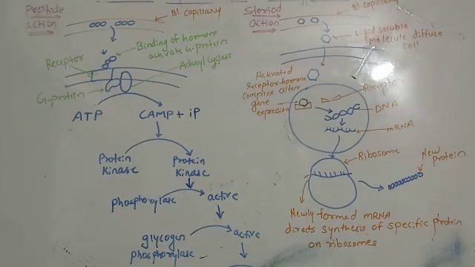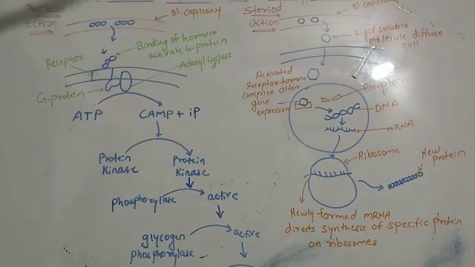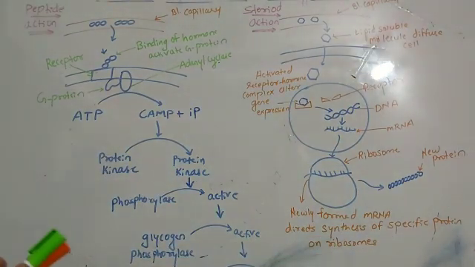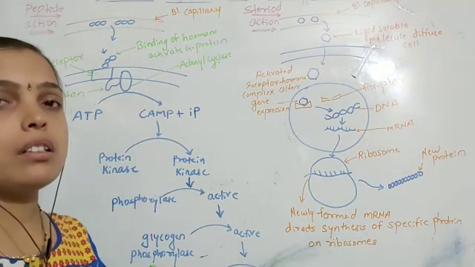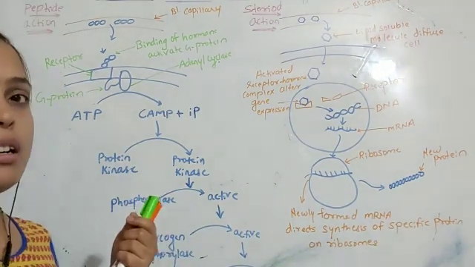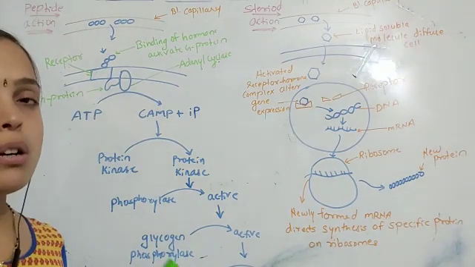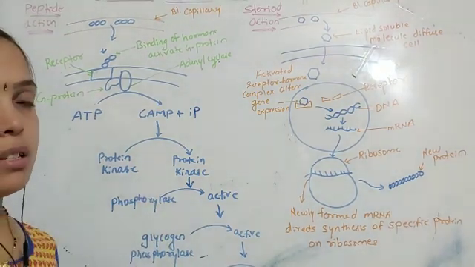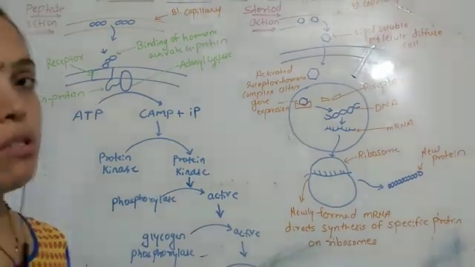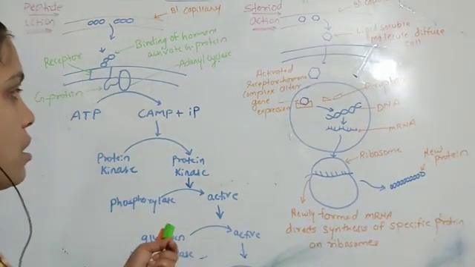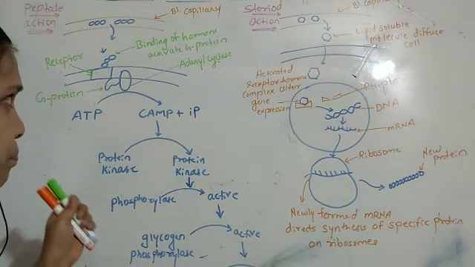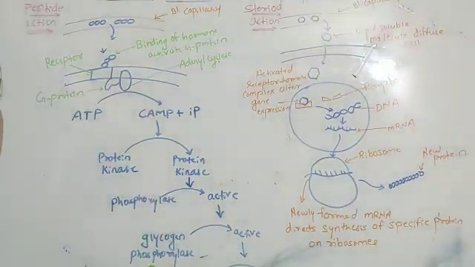So today's lecture is on the diagrammatic representation of how the hormones actually act on the cell and how they bring about the physiological role. That is the main concept today, and that will be the last point of this topic. This is the diagrammatic representation to understand the concept of the mechanism of hormone action clearly.